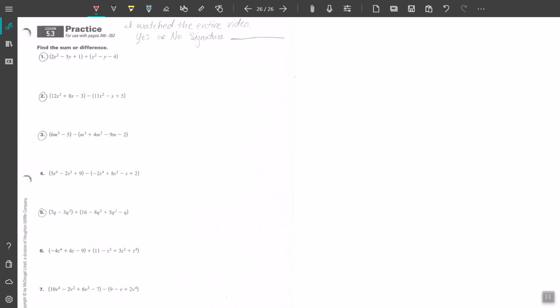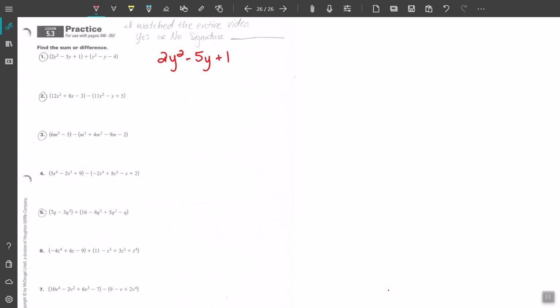Well, here at the beginning of lesson 5.3, we're going to review adding and subtracting polynomials. And we know that we can do this vertically as well as horizontally. I'm going to review the vertical way to do it first, and then we'll look at the horizontal way of doing these problems. If you're going to do this adding on number one vertically, then you would write out your